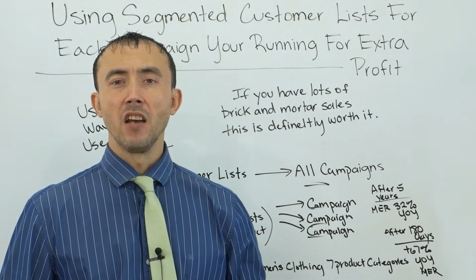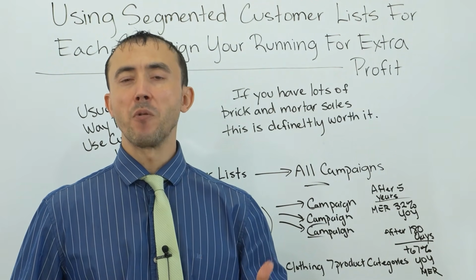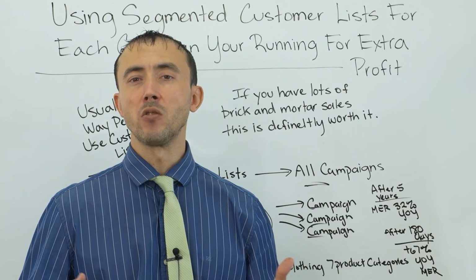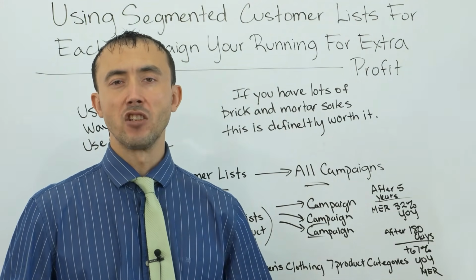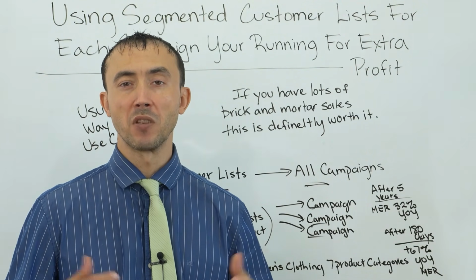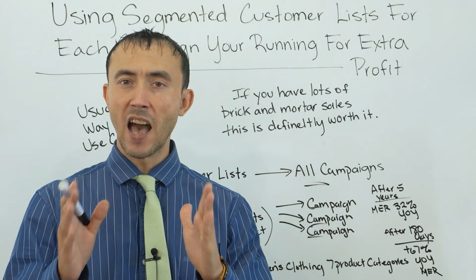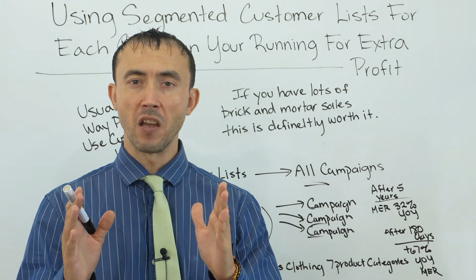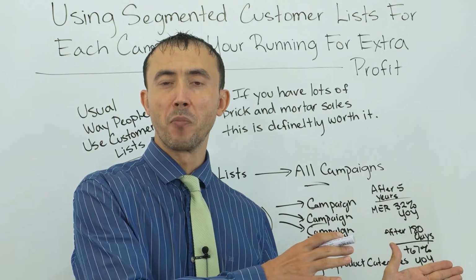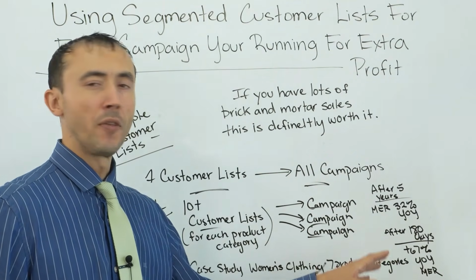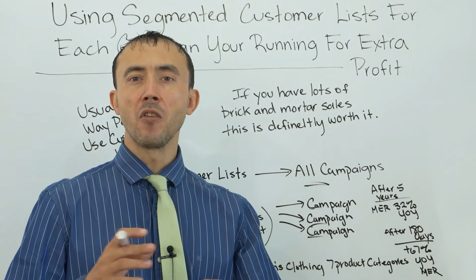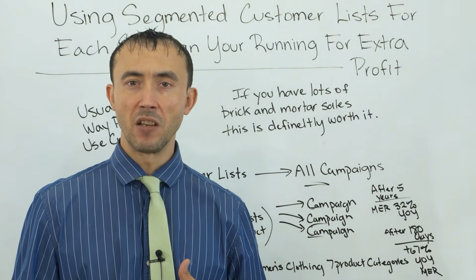So with that said, at that point, we were getting about a 30 or so increase. Specifically in this case, I checked it before we ran this experiment because I wanted to make this video: a 32% year-over-year increase when we looked at the last month before we set up this experiment, versus the same month the previous year. Okay, so with that said, we segmented all the customer lists out into these 7 categories, and